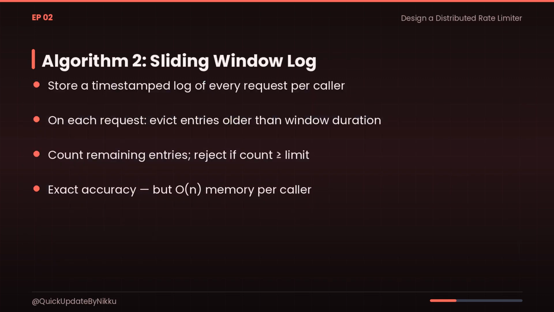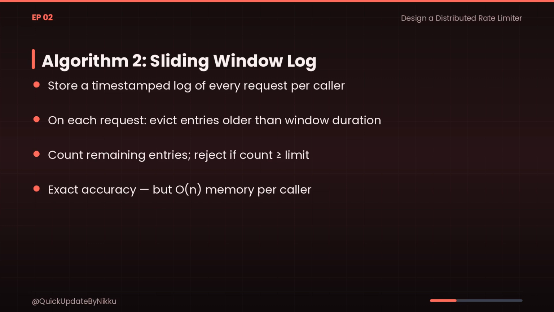Sliding window log solves the boundary burst completely. For every caller you maintain a sorted set of request timestamps. On arrival you drop all entries older than the window duration, count what remains and reject if you are at the limit. This gives you mathematically exact enforcement, no seams, no burst. The cost is memory. A caller making thousands of requests per second generates thousands of stored timestamps, and that scales